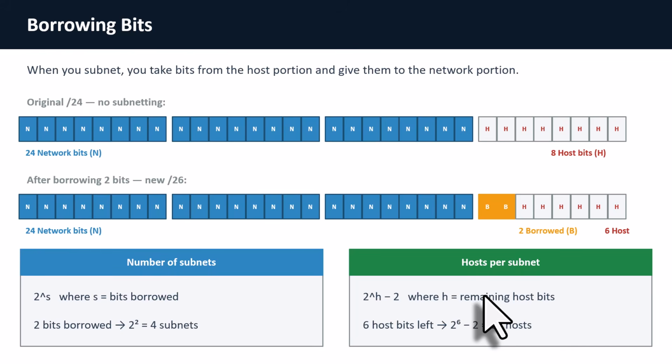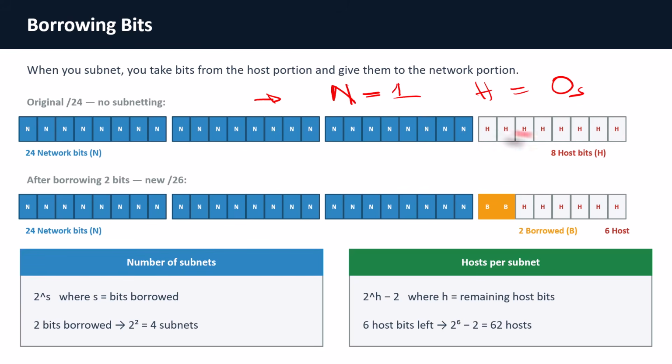So what is all this subnetting we are talking about? When you are subnetting, you borrow from the host portion and give it to the network portion. It's called borrowing. Remember in our earlier discussions, we said when you're looking at a subnet mask, the network bits are represented by ones and the host bits are represented by zeros. Very important to remember. So for us to create networks, for us to subnet, to create subnetworks, we need to borrow